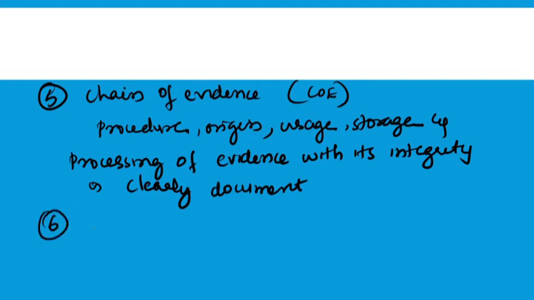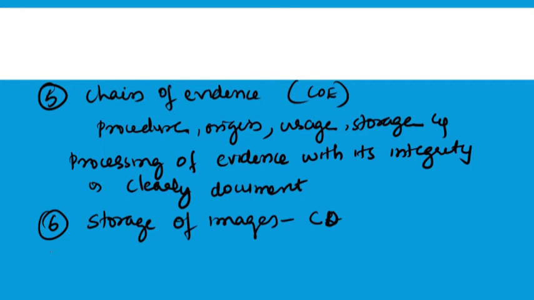And the sixth point is storage of images. Here the captured image should be transferred to a CDR. So you have to store or transfer the captured image from the camera to a storage device. It should be stored in a cupboard with limited access, so no one should enter, and if a password is there, you can lock it. After capturing the image, you should immediately transfer these images to a particular storage device, mainly CDR.